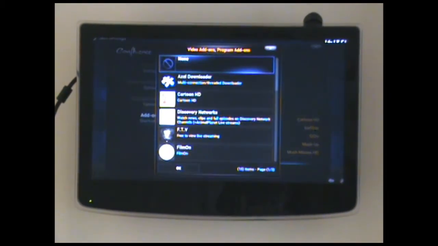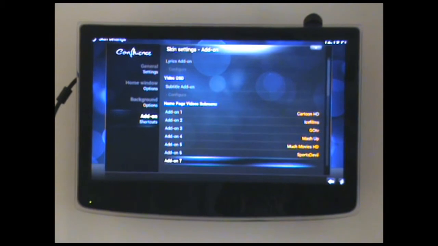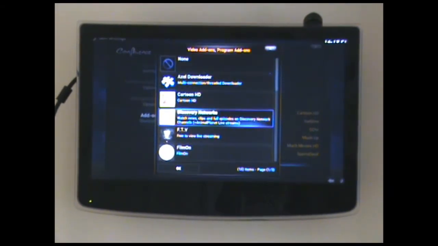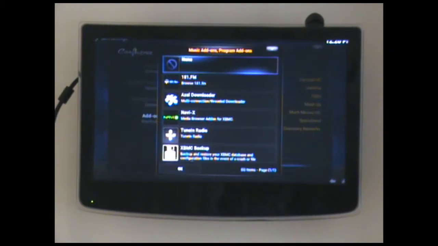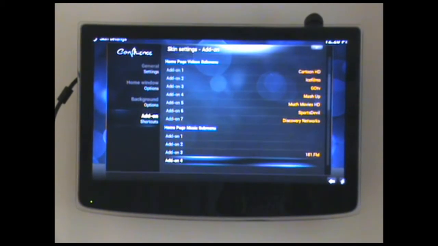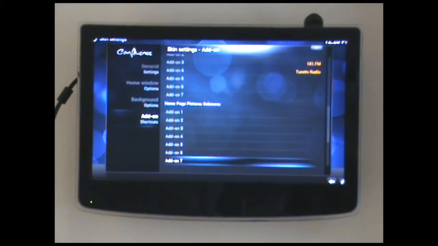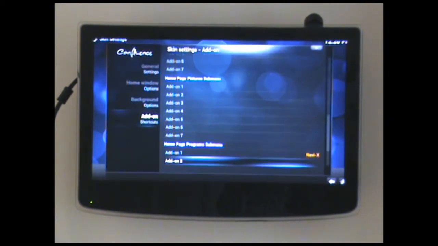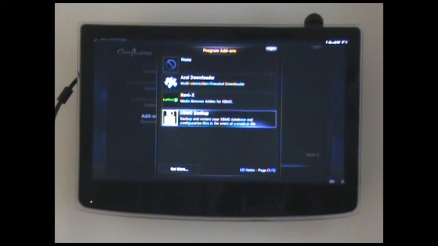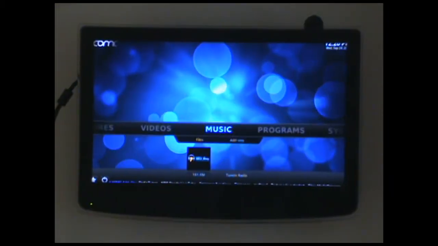And these give you your on-screen shortcuts. We'll press the up key to go to the bottom of the list, select Sports Devil there, and finally Discovery Networks. Music, we have the 2 FM stations, tune-in radio. Now there's no picture add-ons, pictures, so we come down to Program Add-ons, NaviX and XBMC. So now press the return key a number of times till we're back to the screen, and as you can see here,